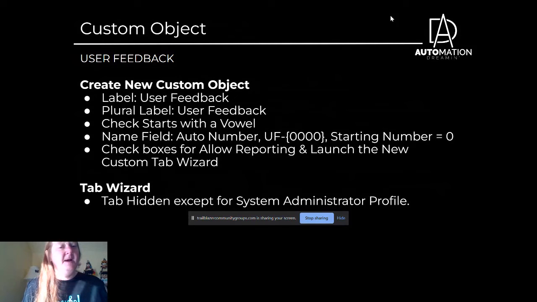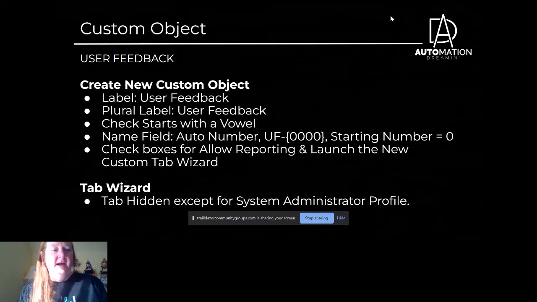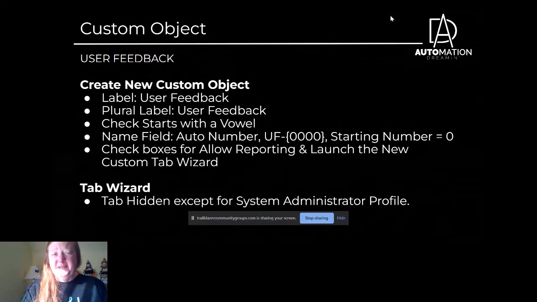So this custom object that we're going to create, I'm going to call it user feedback. Plural of user feedback is user feedback. It starts with a vowel. For the name field, I'm going to use an auto number. It makes it a lot easier. I don't have to expect my users to give it a label of some kind this way. And I'm going to set those checkboxes to allow for reporting and also to launch that custom tab wizard